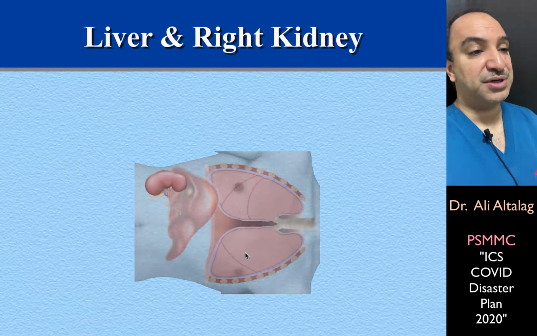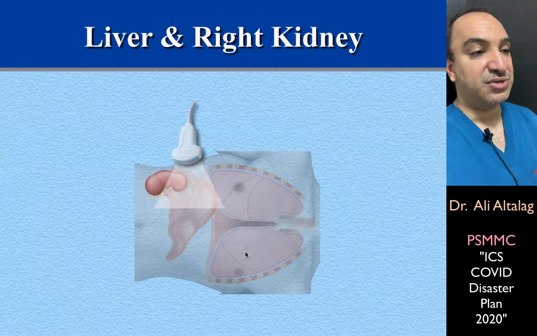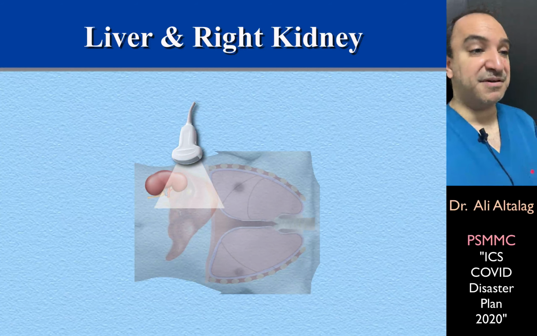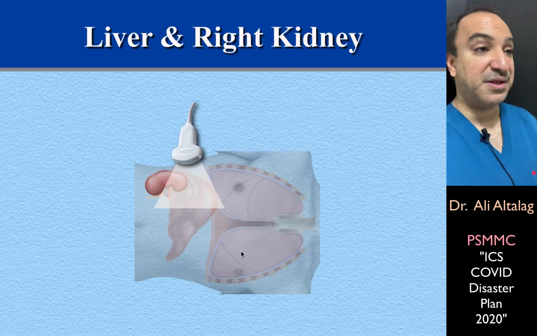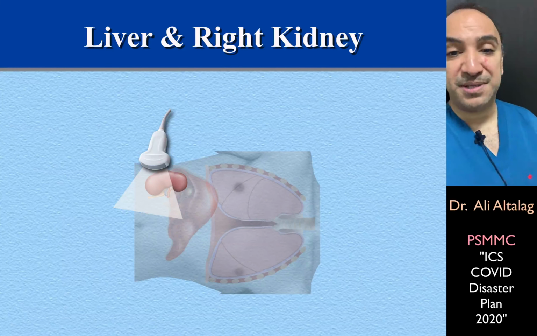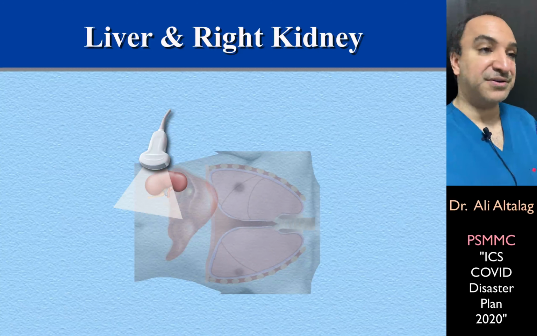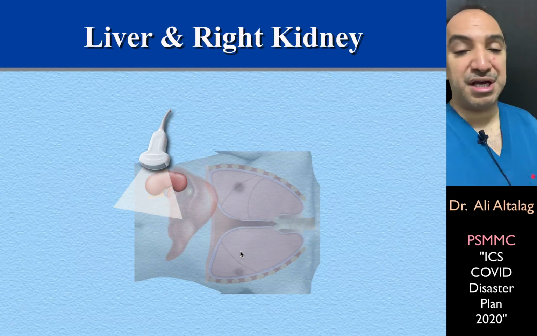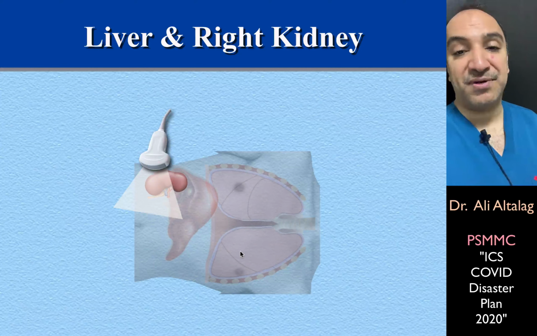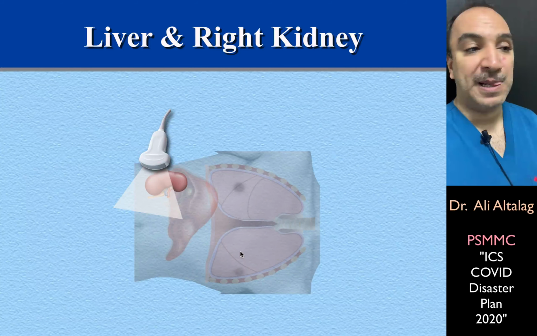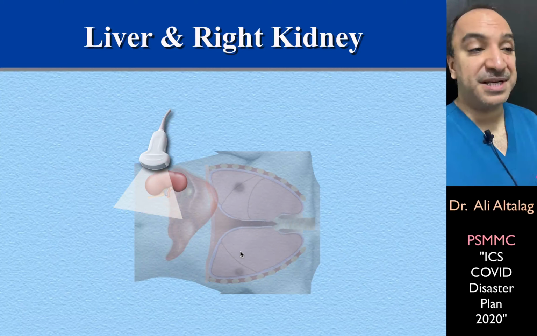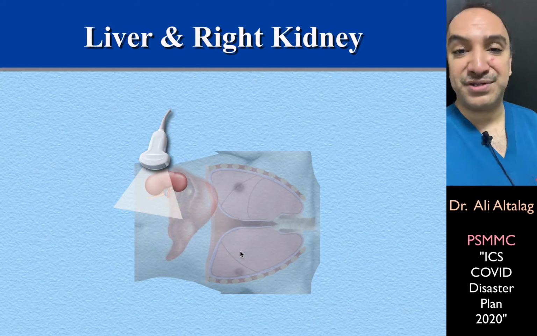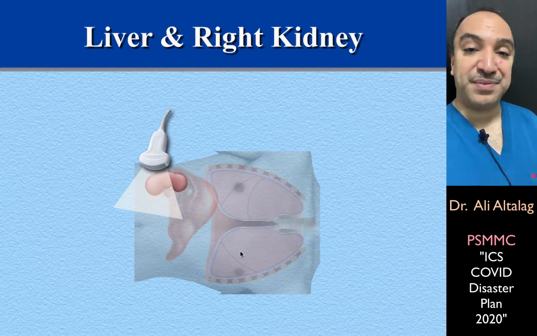We put the transducer right at the right costophrenic angle, trying to image the diaphragm, the liver, and the kidney beneath it. And we then sweep the transducer down, examining further structures. The reason why we examine the Morrison's pouch on the right side is to look for fluid, because if there's bleeding after trauma, for example, blood has predilection to the Morrison's pouch or splenorenal recess around the liver tip